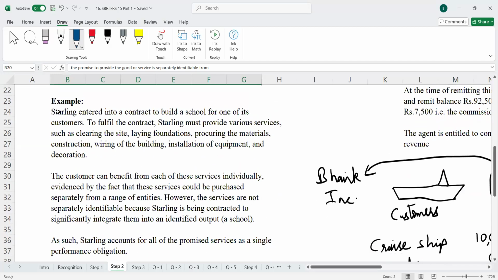Now let us say Starling entered into a contract to build a school for one of its customers. To fulfill the contract, Starling must provide various services such as clearing the site, laying foundations, procuring the materials, construction, wiring of the building, installation of equipment, and decoration. Now, see,